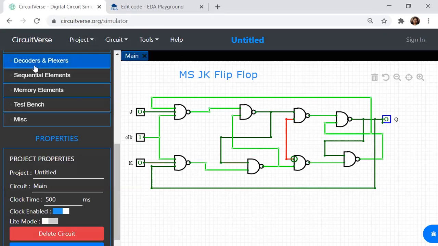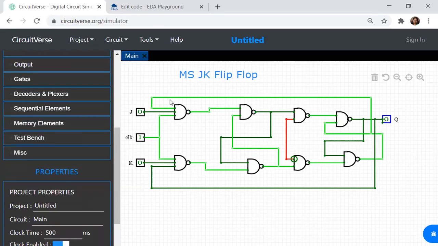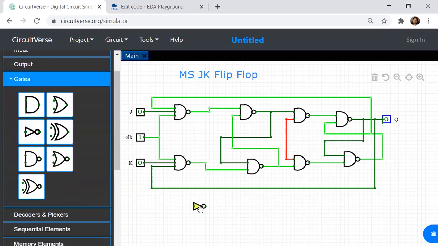I should give it to a NOT gate, that means when clock is equal to 1, master will work. When clock is equal to 0, the slave will work. So I'll take the clock, I'll take the NOT gate, give the input over here, and this will act as the clock over here.